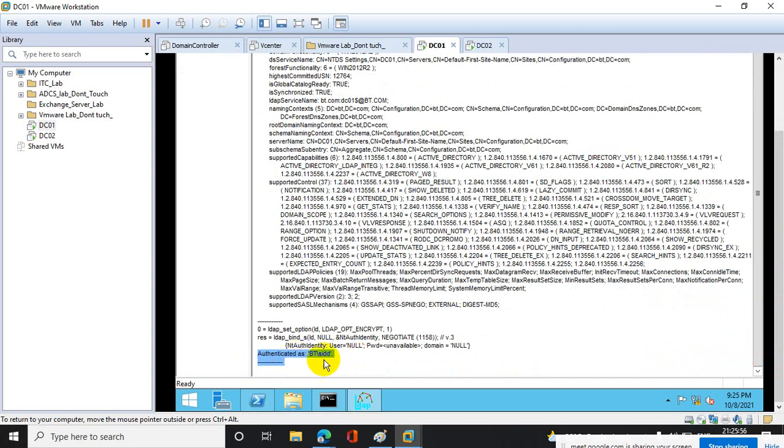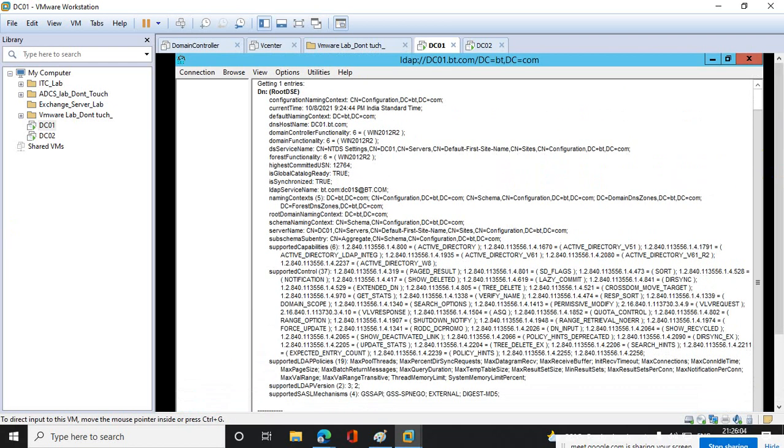Now you can see it is authenticated as BT/C. Nothing wrong as of now. Everything is okay. After you connect your domain controller through LDAP port 389 and bind this LDAP connection with the logged-on user, next you need to tell your LDAP server what exactly you are trying to do.